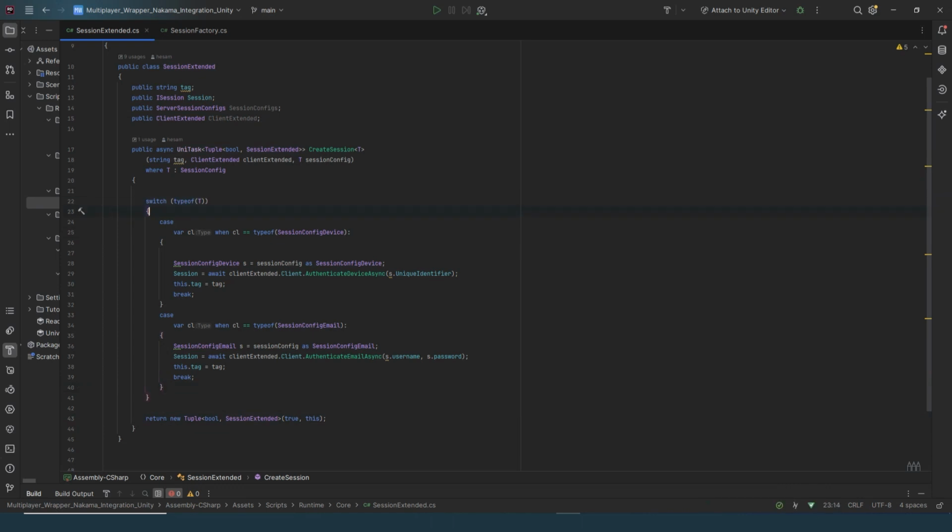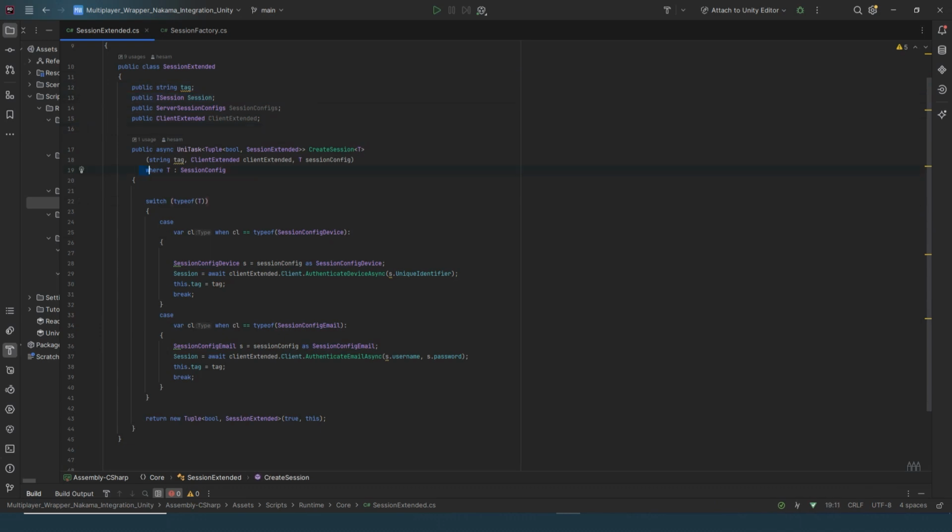Choosing to use a switch based on a type of T provides the flexibility in dealing with the various session configuration types. A public string variable represents the tag associated with the session,